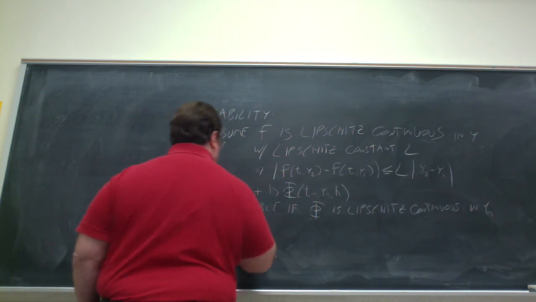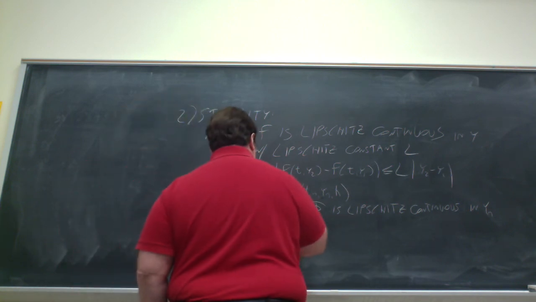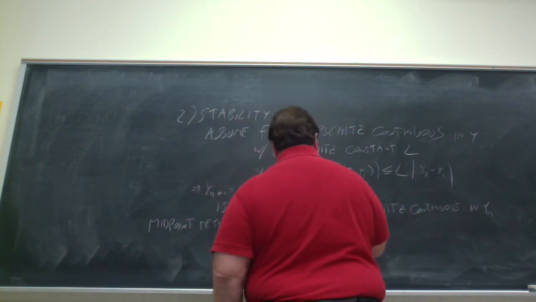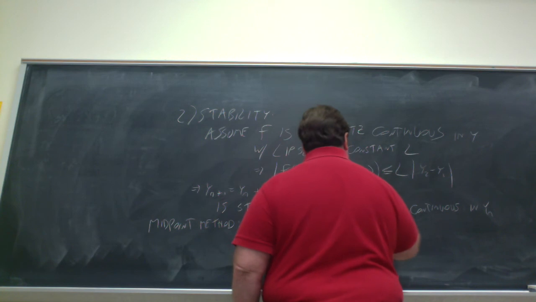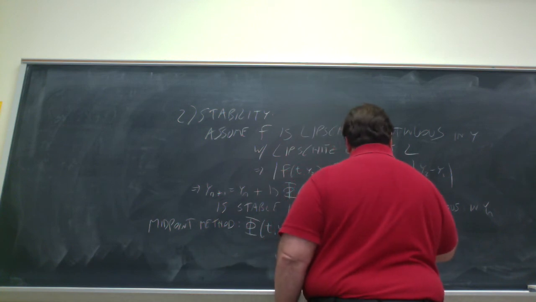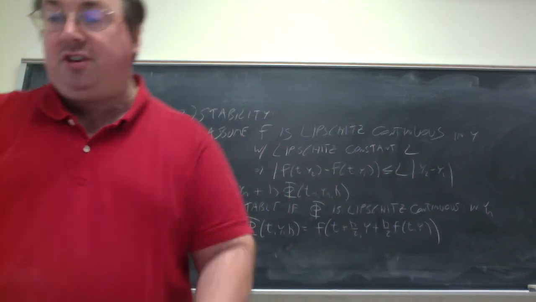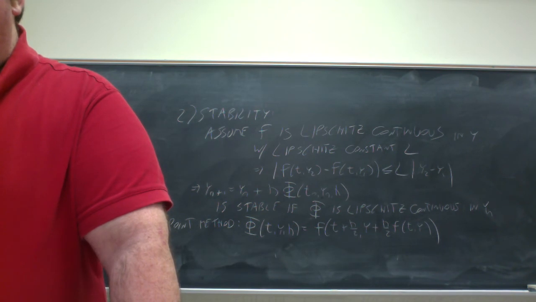So my generic function for a midpoint method is phi of t, y, h is equal to f of t plus h over 2, y plus h over 2 f of t, y. So I need to show that that function is Lipschitz continuous